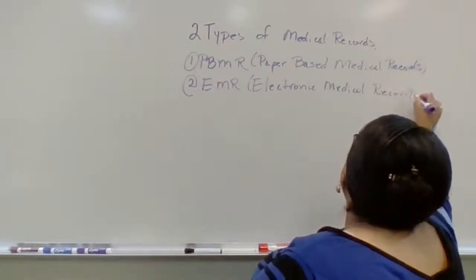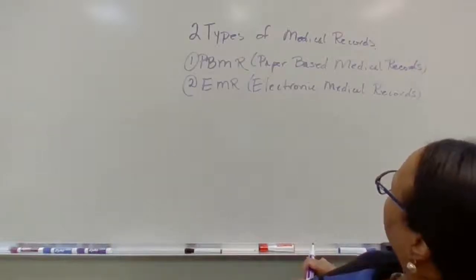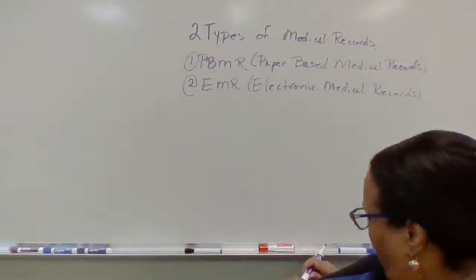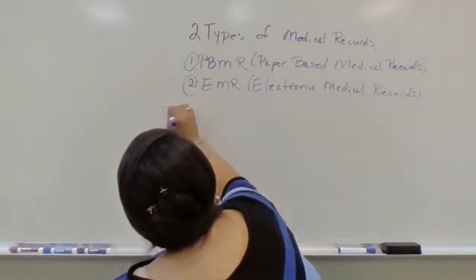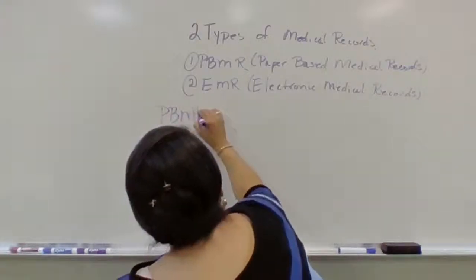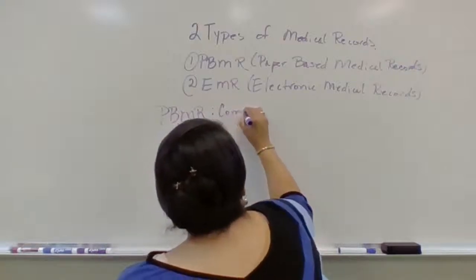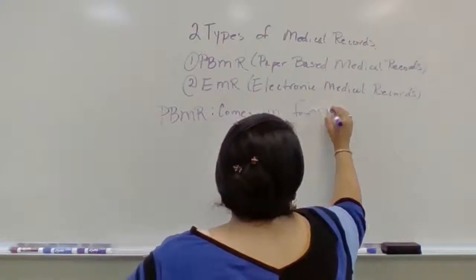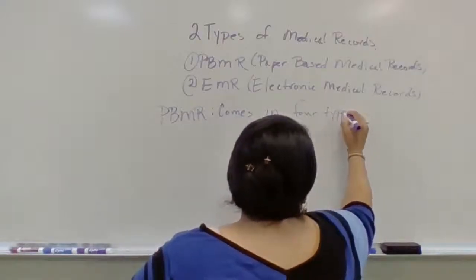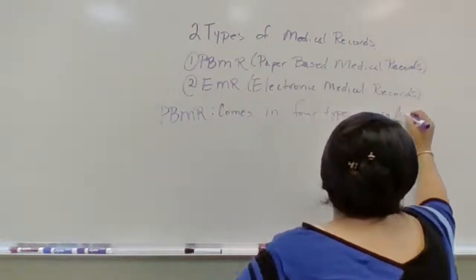Electronic medical records. Okay, now, paper-based medical records, PBMR, comes in four types: in an acute